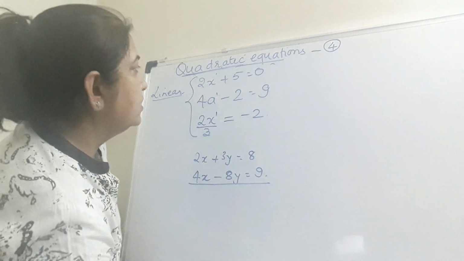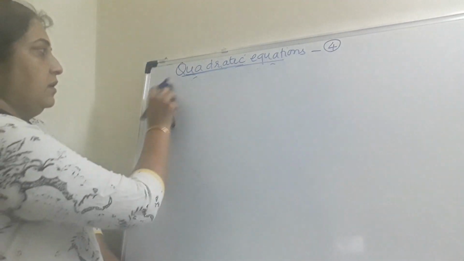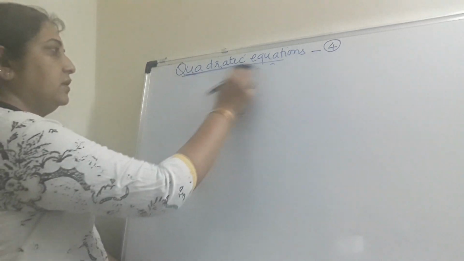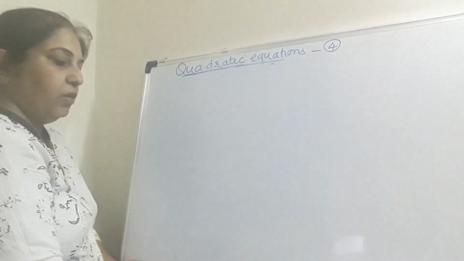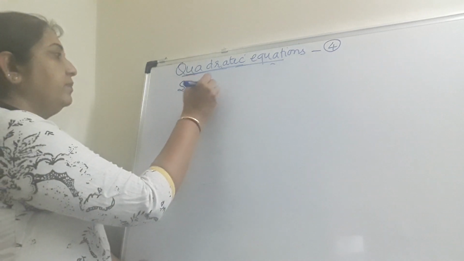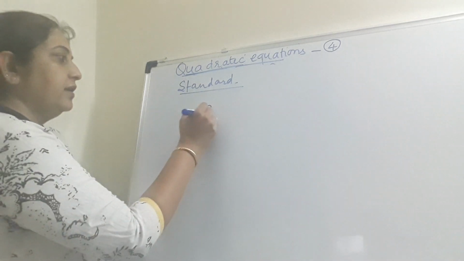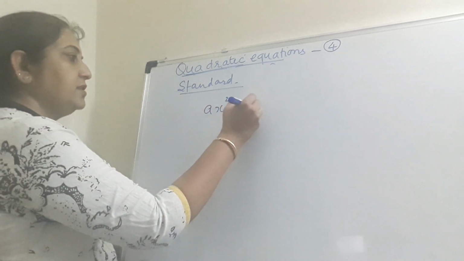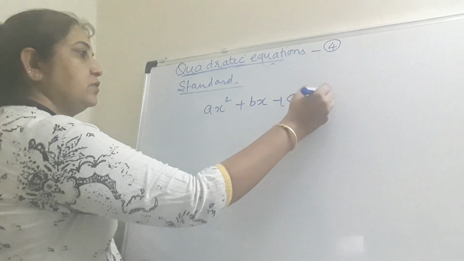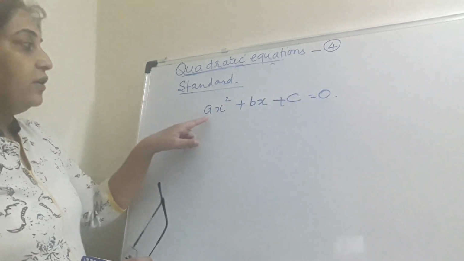Now today we are going to start with the chapter quadratic equations, and I would like to give you the standard form of the quadratic equation. When I say the standard form, it means all quadratic equations should look like ax square plus bx plus c equals 0. And why do we name it a quadratic equation? Because the degree of the given